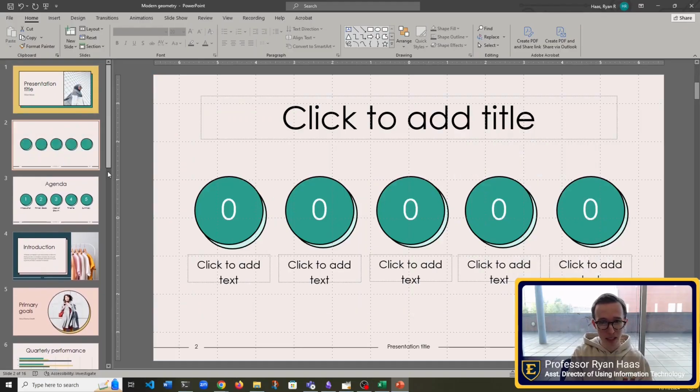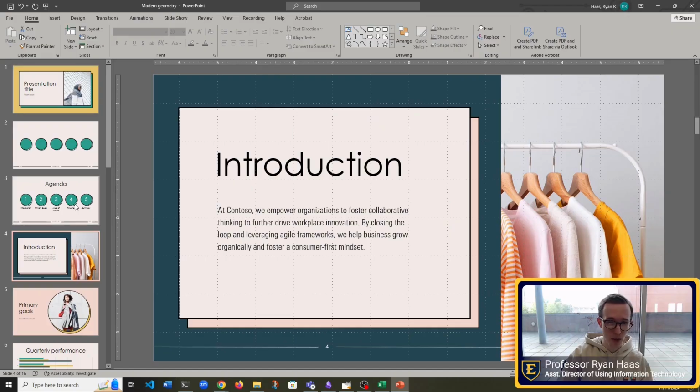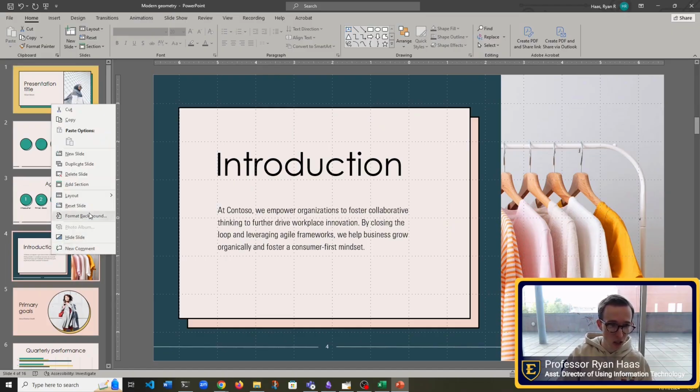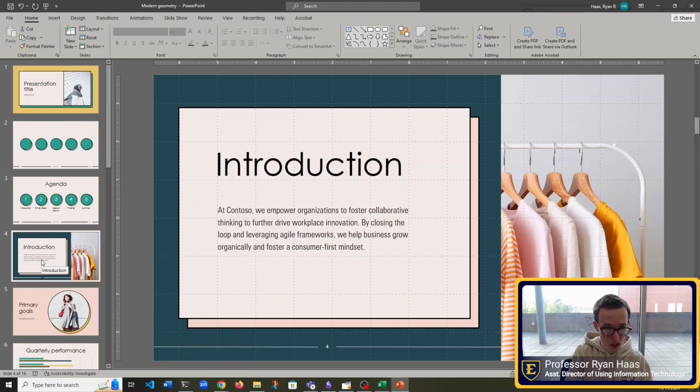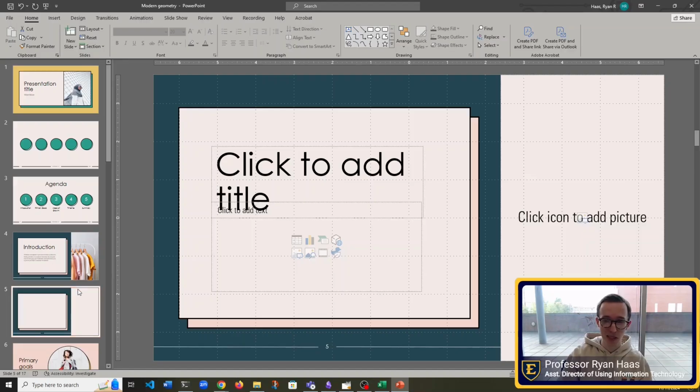Control M to insert a new slide, and once again it's inserting whatever the previous layout is. So if I select this slide and choose a layout, you'll see it's Content with Caption. So if I press Control M, that's what it's going to insert.